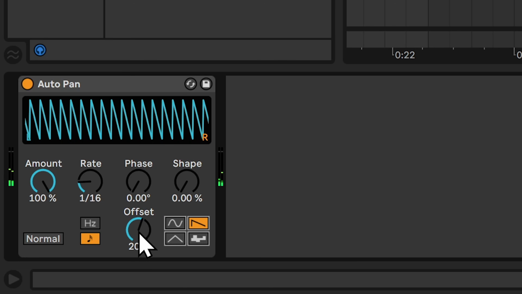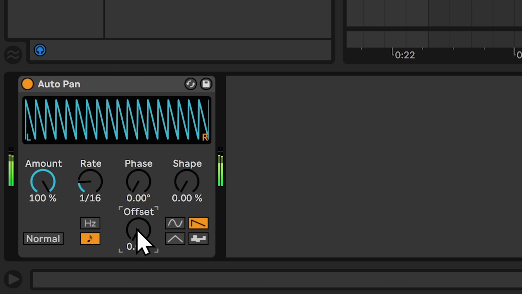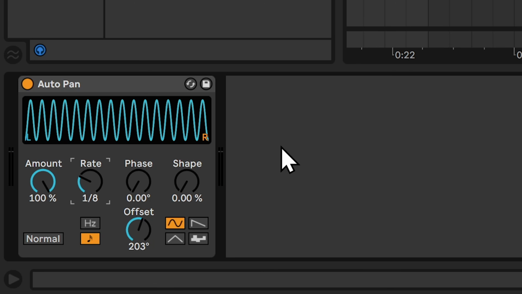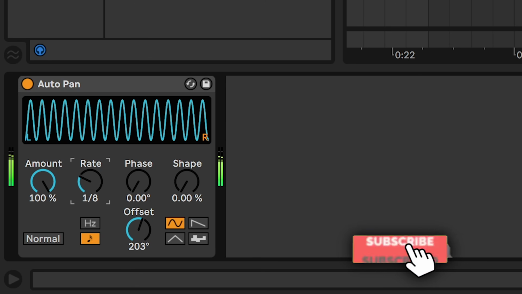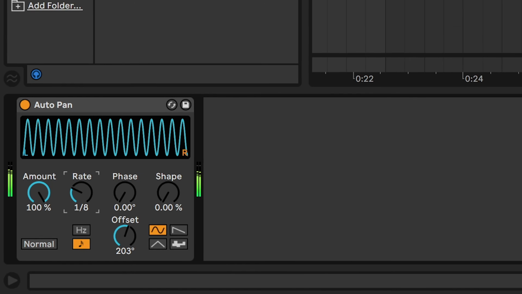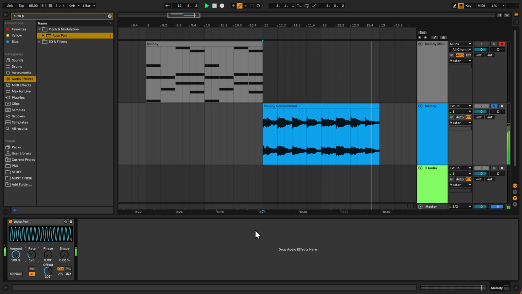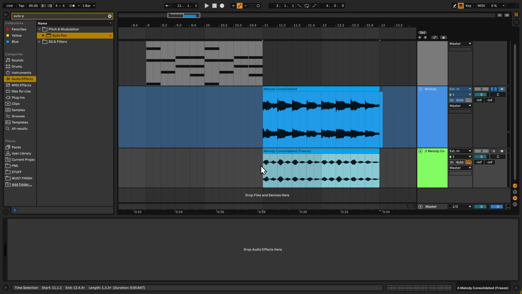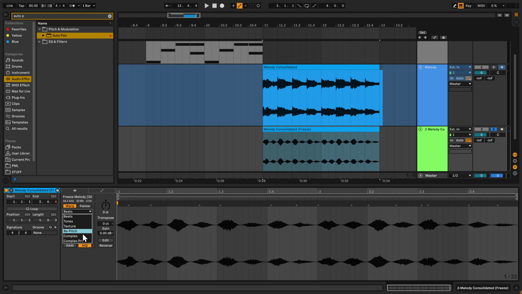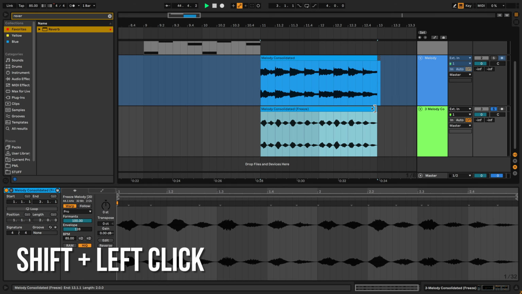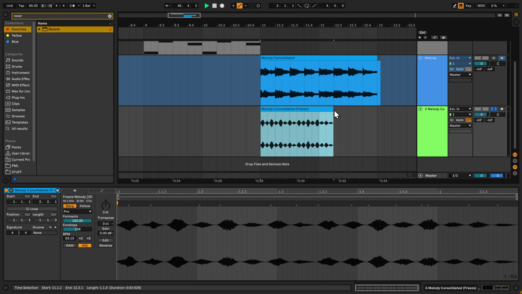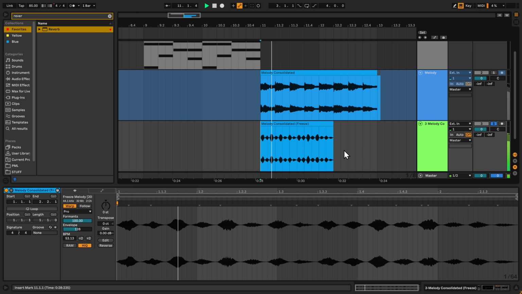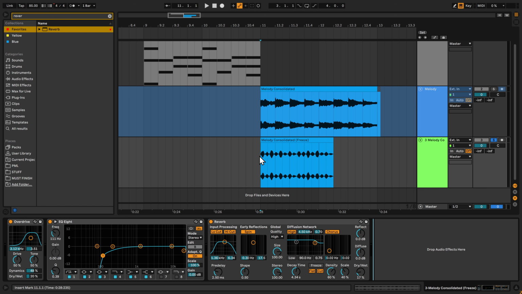You can choose different modes. I like to go with sine wave in 1/8 rate. I like to freeze it to audio, bounce it here, change the warp mode to Complex Pro, and holding Shift and left click, drag it to change the tempo. And with slight processing,